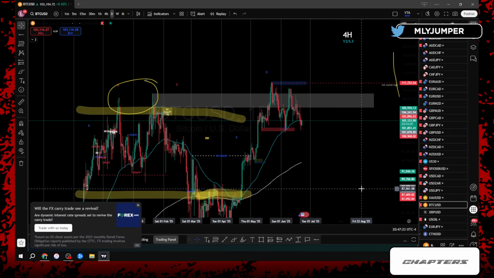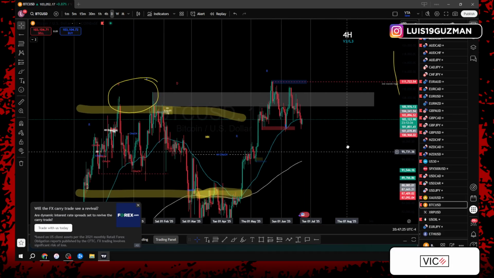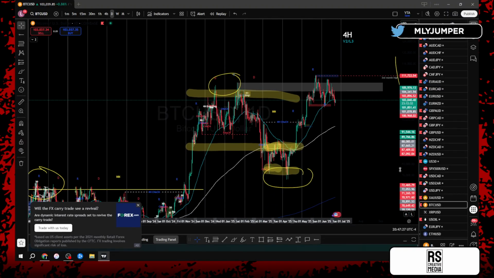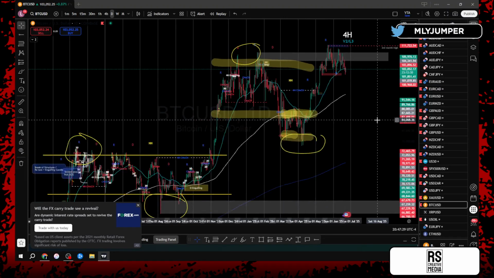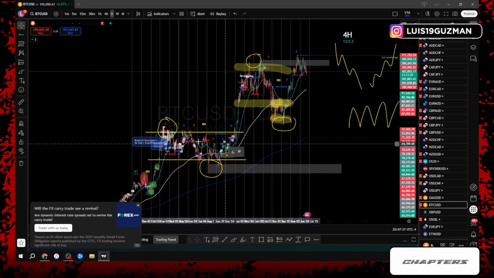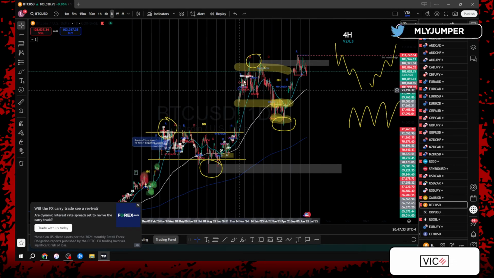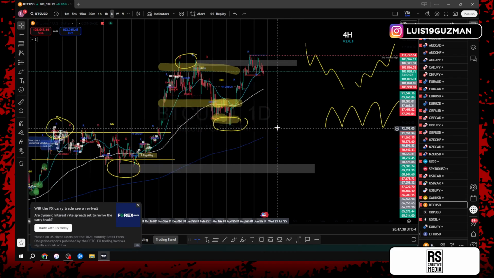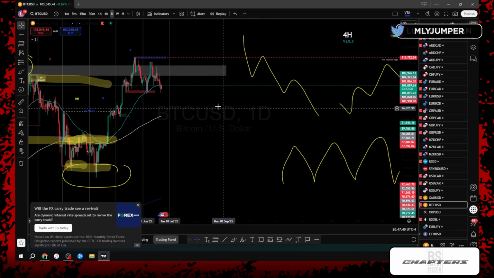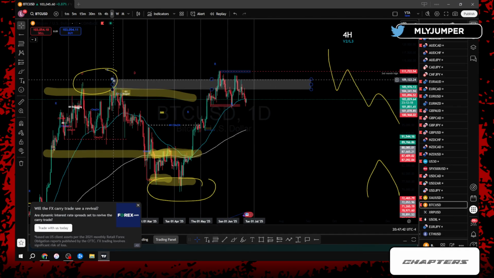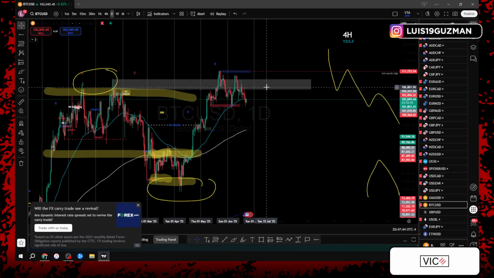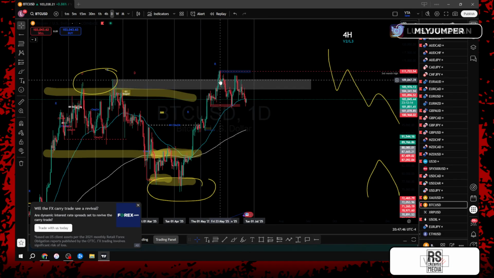And once again, why did we know that was a possibility? Same thing as every other pair. What were we trading? For Bitcoin, we're trading higher high, higher low, higher high, higher low, right? And what happened at these higher highs? Did price give us a valid break of these highs? No. They're all testing candles. They're all testing the zone. They're all touching the line. None of these were valid breaks.